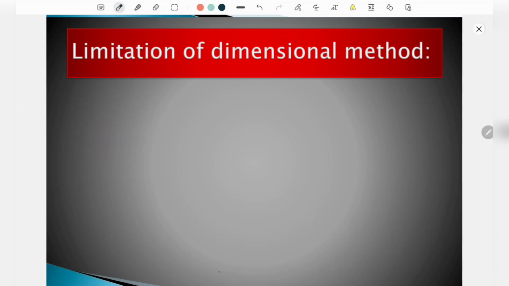analysis. I'll give you one practical example. Suppose we want to deduce the equation of electrical force, or force on a charge q due to the electric field produced by another charge. And the distance between them is r. Consider we do not know how the force depends on the charge and the distance and the mass of the